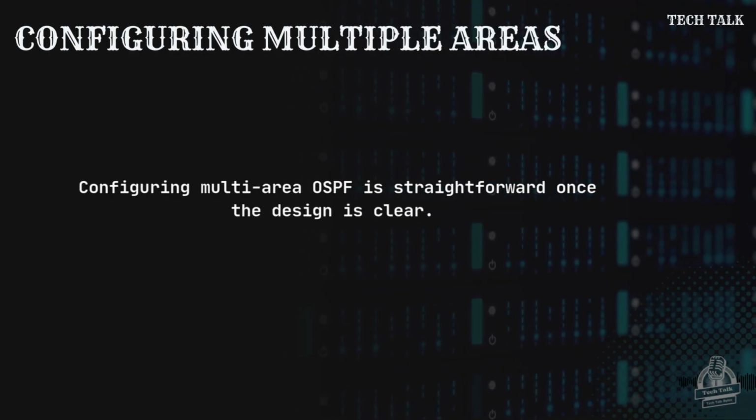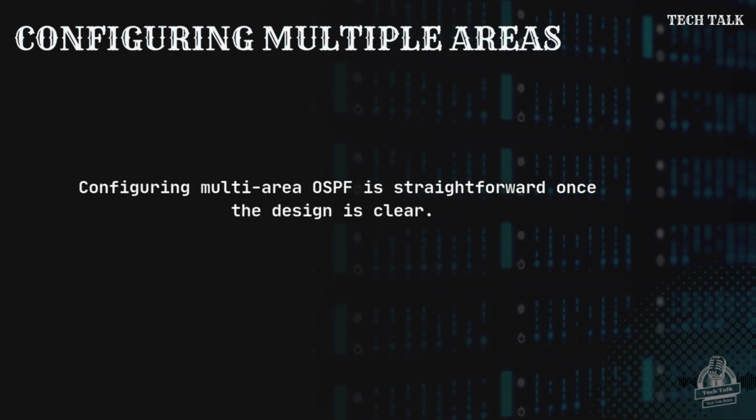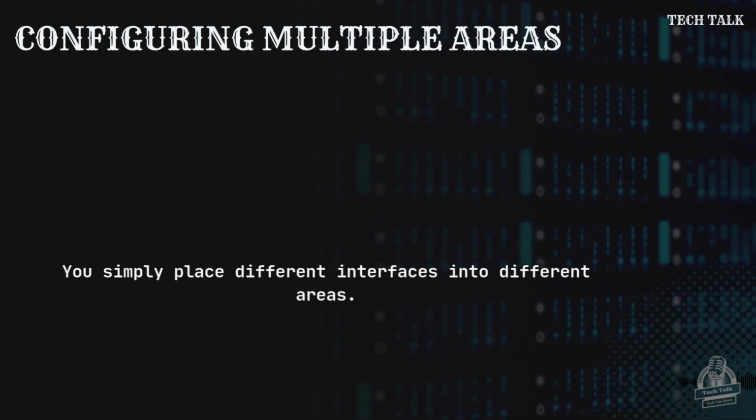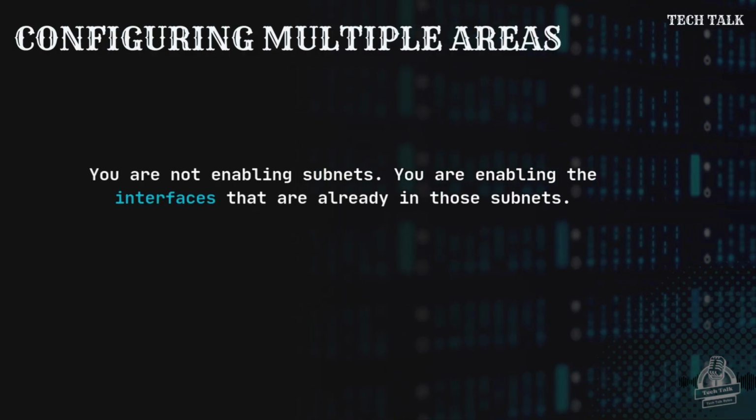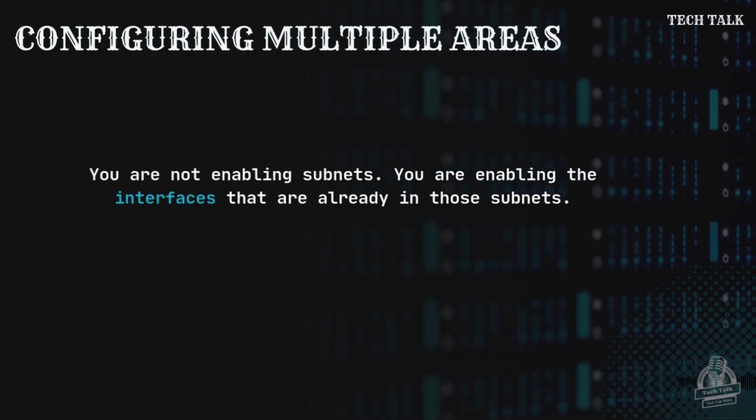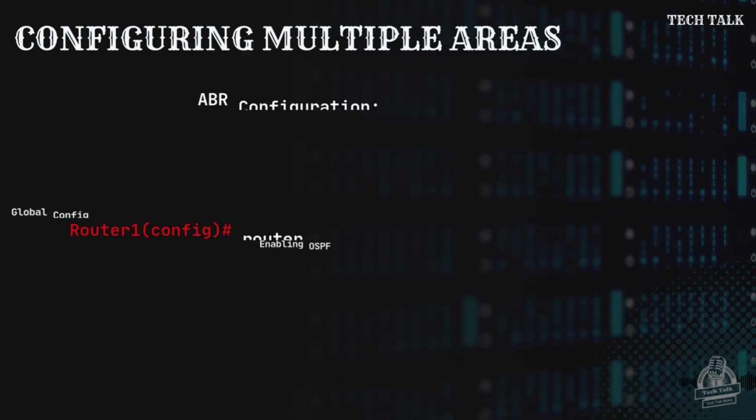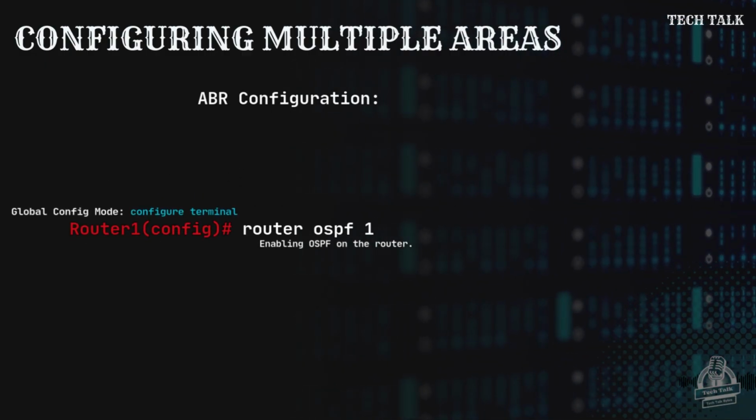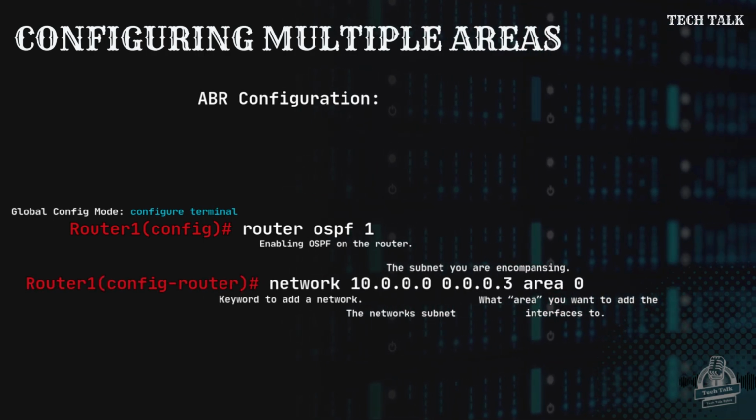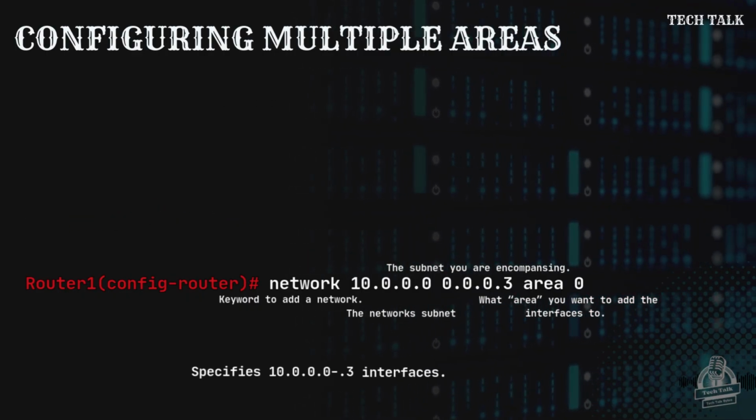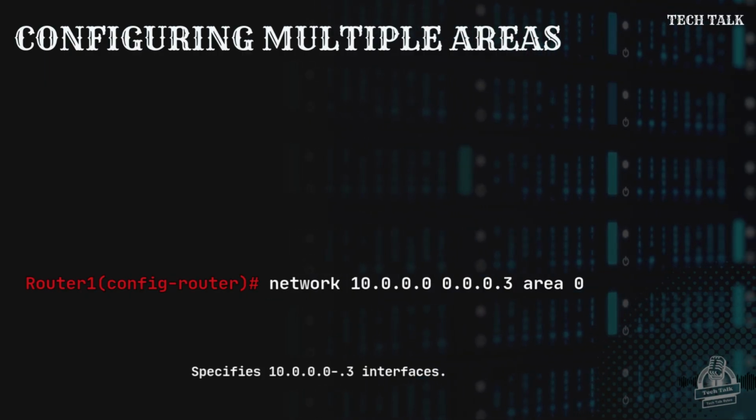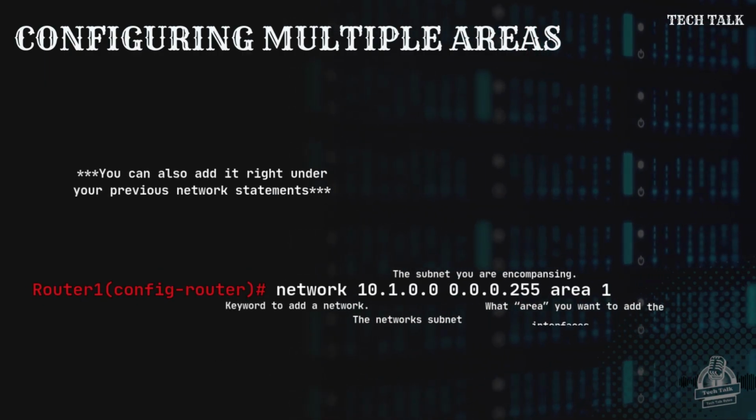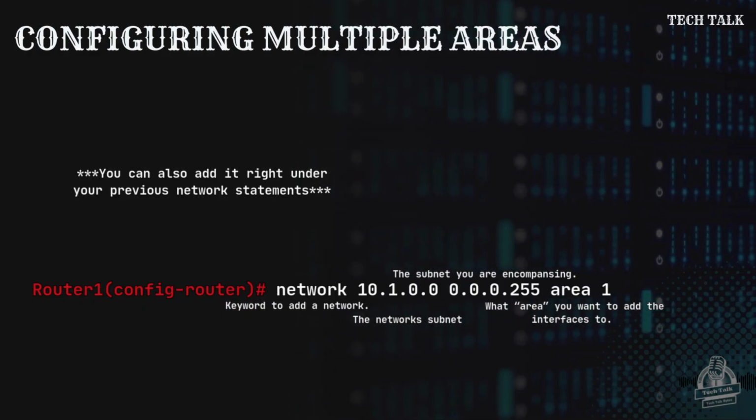Configuring multi-area OSPF is straightforward once the design is clear. You simply place different interfaces into different areas. Remember, you're not enabling subnets, you're enabling interfaces that are in those subnets. So for example, your ABR configuration would be at global config, router OSPF 1, network 10.0.0.0, wildcard mask 0.0.0.3, area 0. And if you wanted to configure another area, same global config, router OSPF 1, network